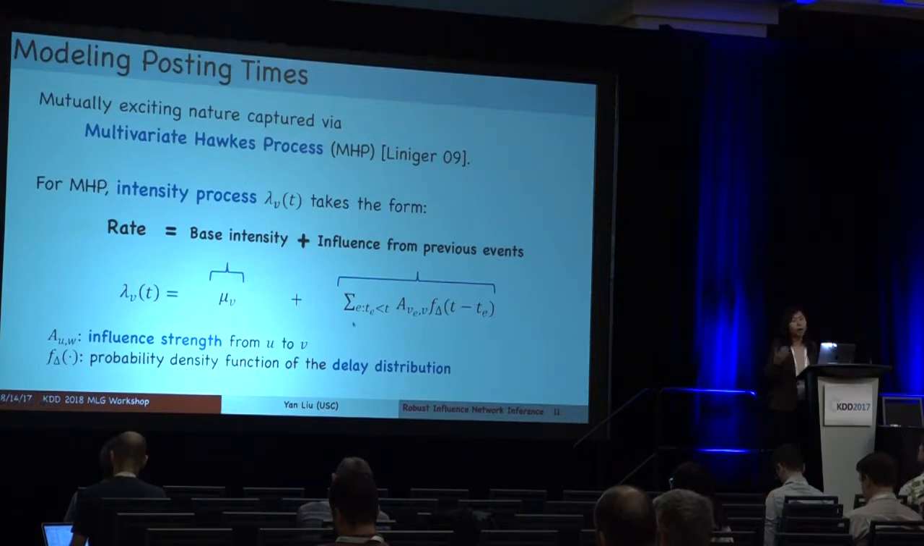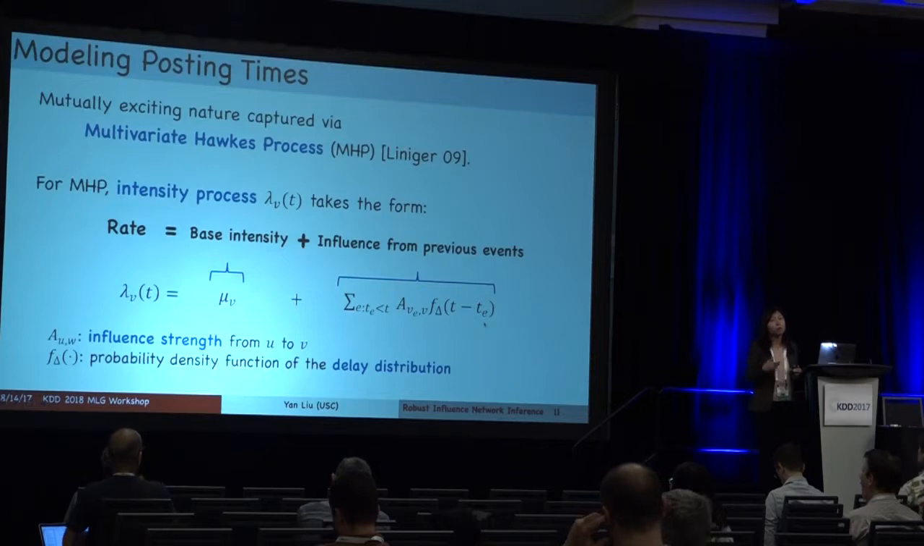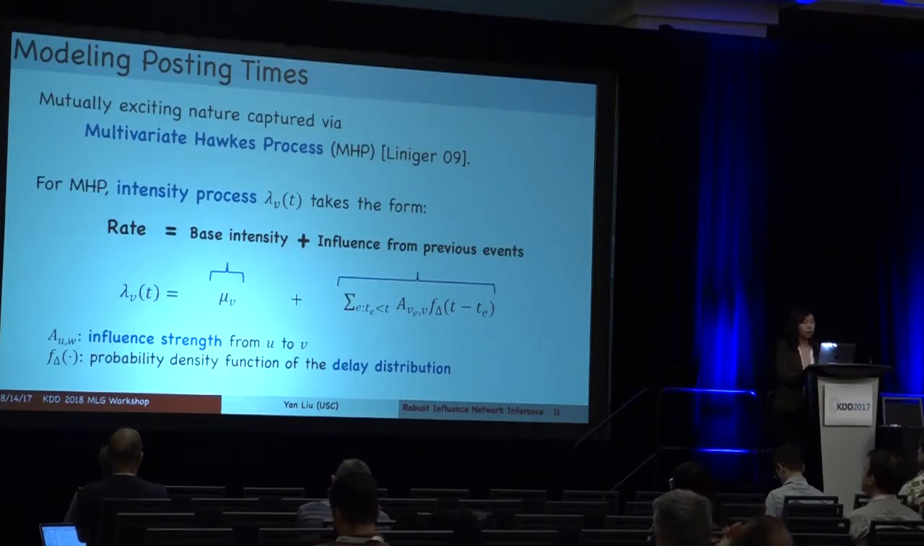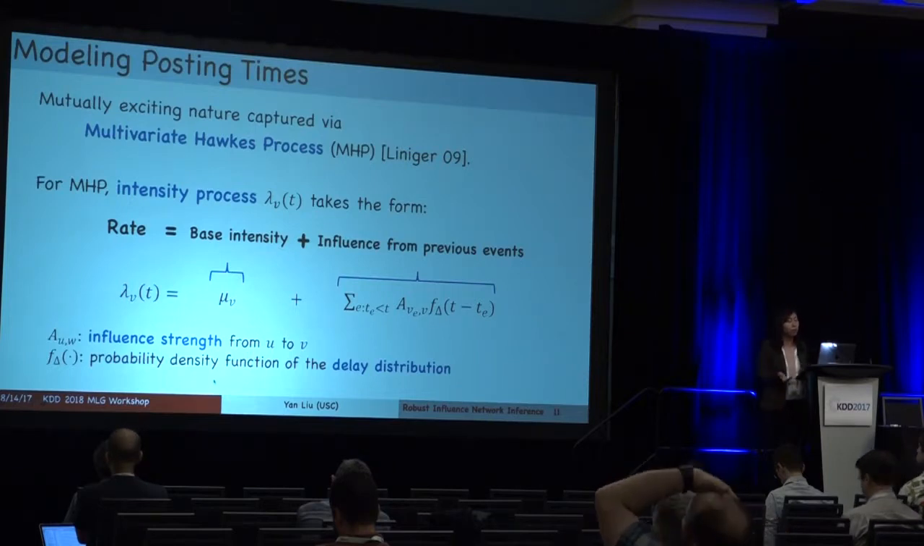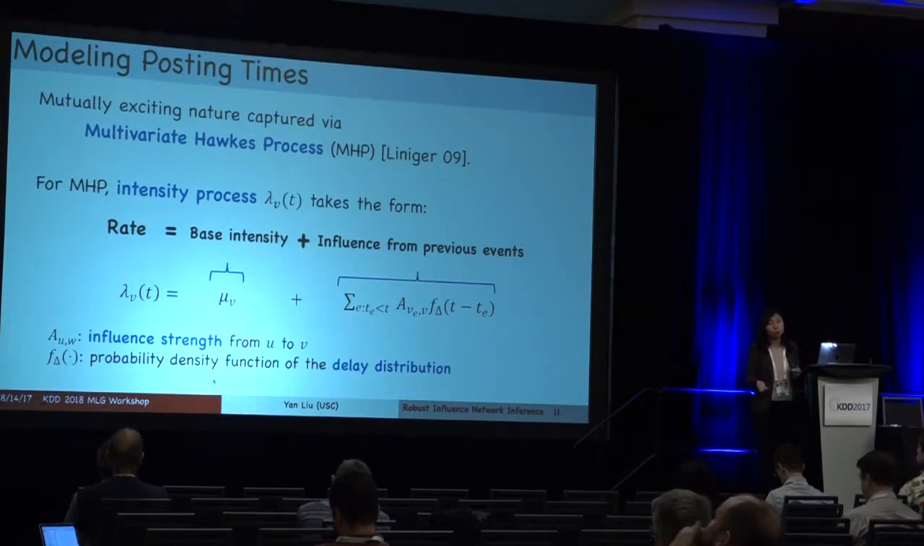That is, we look at all the events happening before the time t, which is the sum over here, and then we look at f of delta t minus t_e. So basically, we look at all the previous events, and then we see how they accumulate and have an effect on the current timestamp. Here, f of delta t is basically the probability density function of the decay distribution. Sometimes we can use an exponential distribution, and sometimes you can use a non-parametric model to capture that, learning it